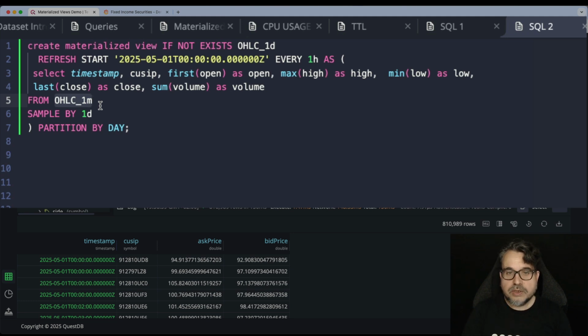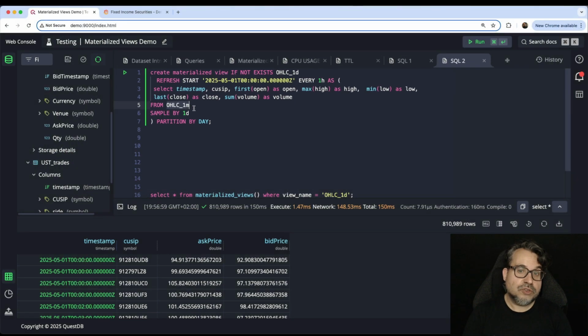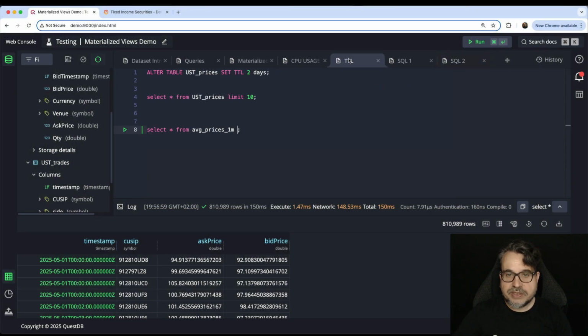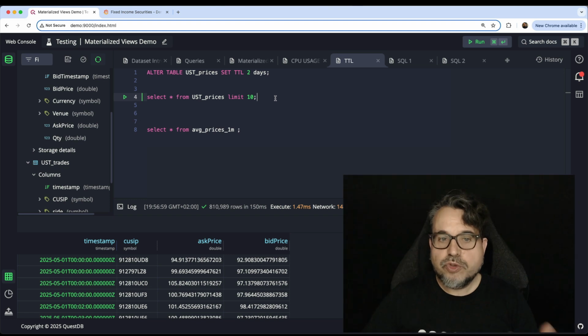So if you want, you can create views that are cascading, that materialize based on another view. That way, when you materialize the data, it's actually way faster to read from the materialized view than from the original table. And you can also add TTL, time to live expiration, into your views.